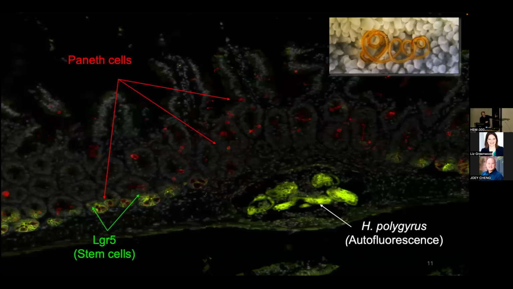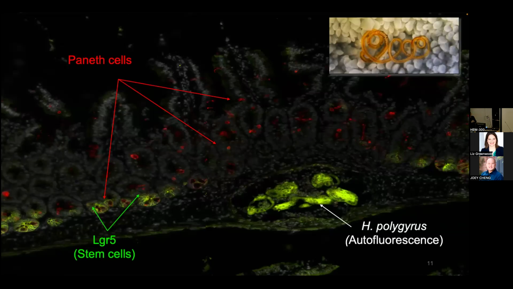And one aspect of the epithelium you'll notice is that all of this is one cell deep. And all of these cells come from the stem cells at the bottom in green here, protected by Paneth cells. So they're all in green, lit up by LGR5, the stem cell marker. But you notice over the worm, LGR5 is extinguished, and the Paneth cells have become untethered. They're going to the top where they go out.